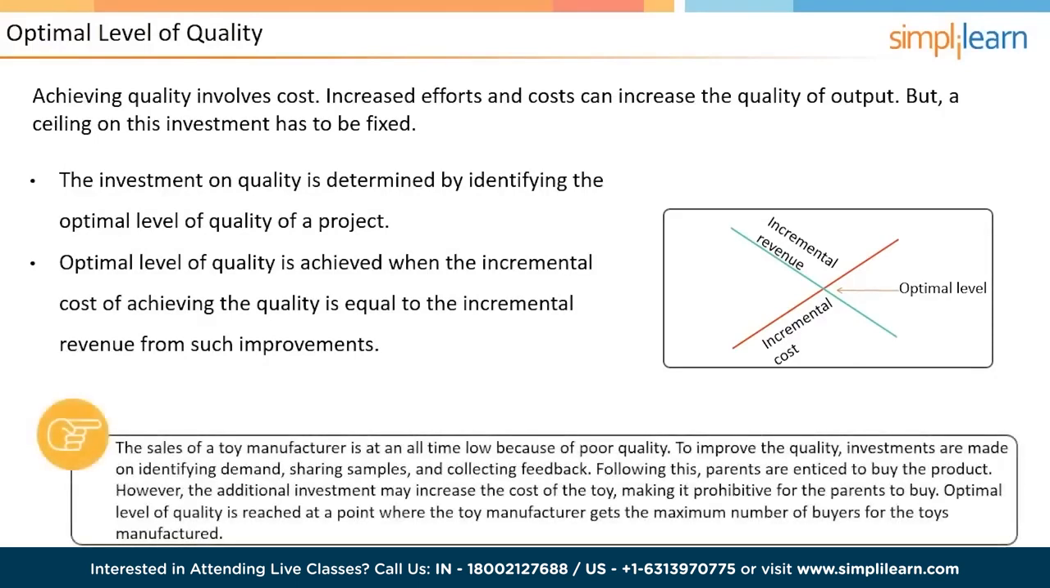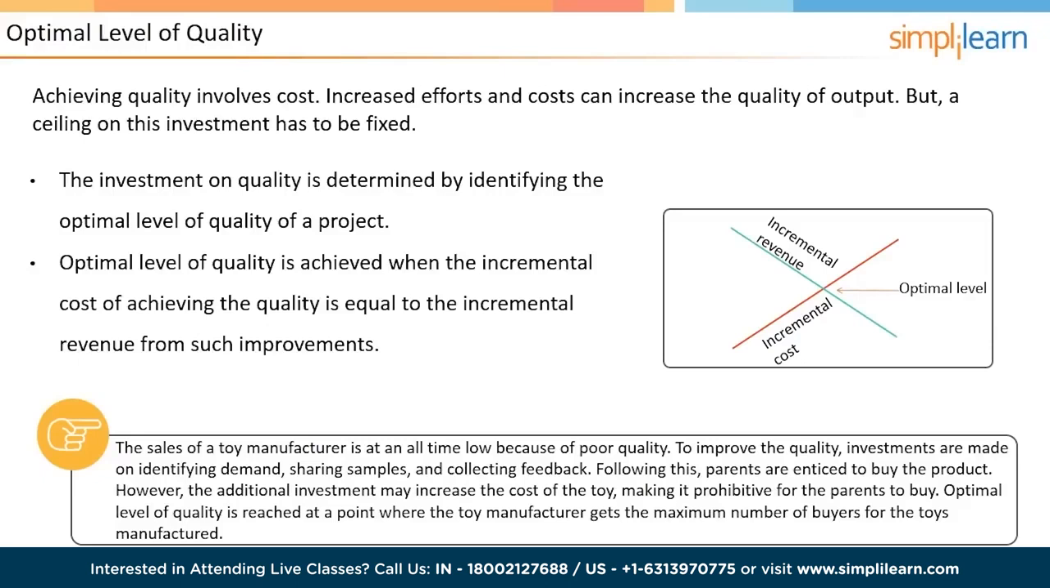Suppose you are the manufacturer of toys, but the toys are below quality and the sales are low. To improve the quality, you invest in identifying the demands of children, sharing few samples, and recording their feedbacks. Once all these are captured and implemented in the products, you lure the parents to buy them. As the investment is increased to manufacture good quality toys, the cost will therefore increase, and it might become prohibitive for parents to buy. Optimal level of quality is reached at a point where you get maximum number of buyers for the toys manufactured. Now that we are clear on the concept of quality, in the next screen, let us